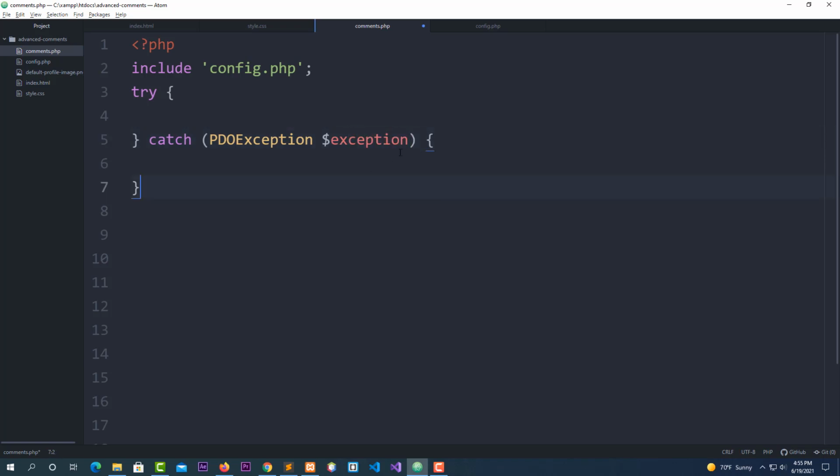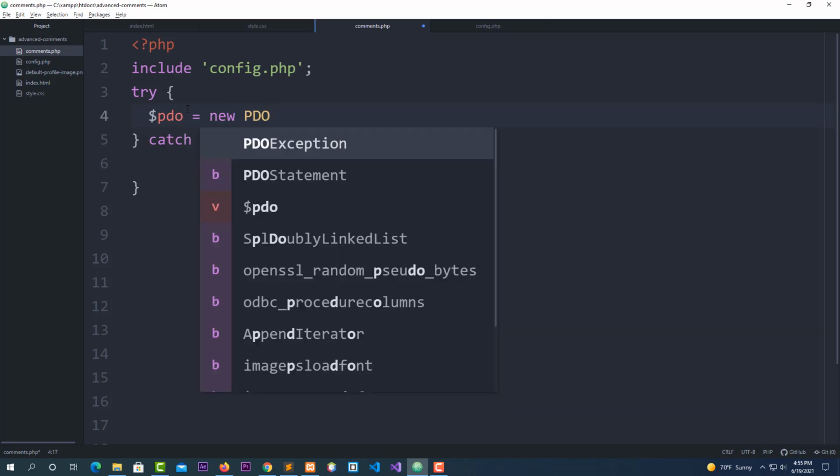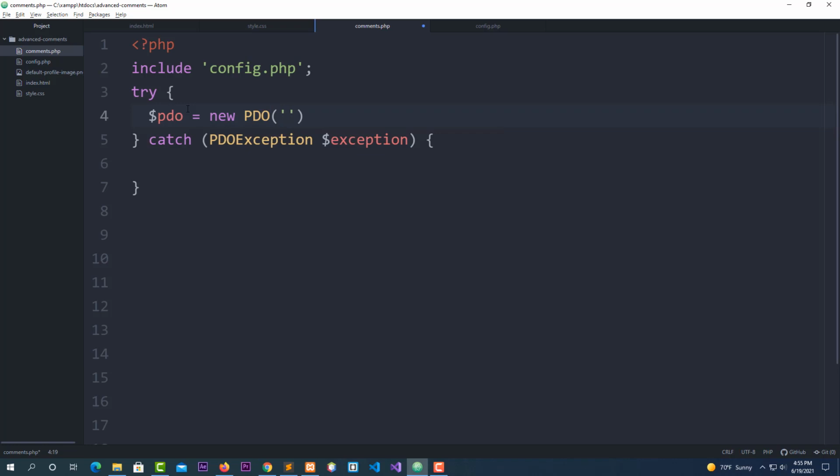Like this, exception. Okay, and code here. Now go inside the try block. $sign, I'm going to say PDO equal new PDO like this, single quote,